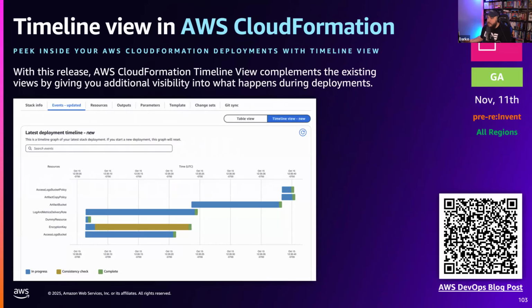Neat feature. Somebody asked me why this is important. I think it's a great way for people deploying CloudFormation to know how long it took something to deploy, because sometimes things take longer than you think. So you get a little timeline to see how long, for example, bucket creation took, or an EC2 instance took. It's a feature that exists in your AWS CloudFormation console. Whether you're deploying using CDK or CloudFormation, you're going to see this in the CloudFormation timeline. Neat feature, nothing crazy, but cool.